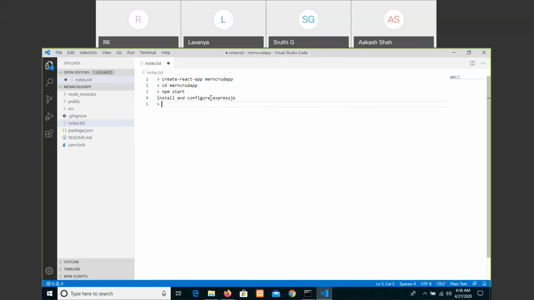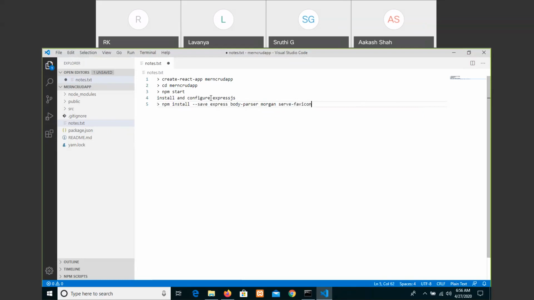To do that, you need to type npm install --save express, body-parser, morgan, serve-favicon.